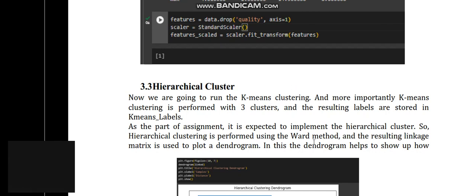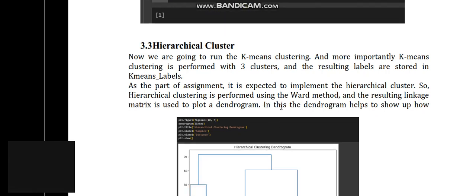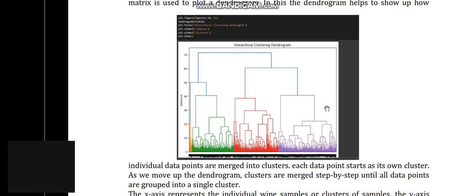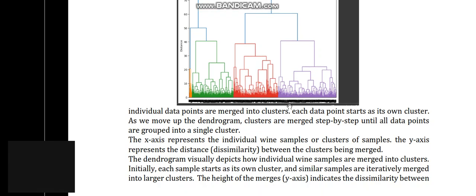So hierarchical cluster is performed using the Ward method, and then the resulting linkage matrix is used to plot the dendrogram. Okay, let's explain the output. In here, individual data points are merged into clusters. Each data point starts as its own cluster. As we move up the dendrogram, clusters are merged step by step until the data points are grouped into a